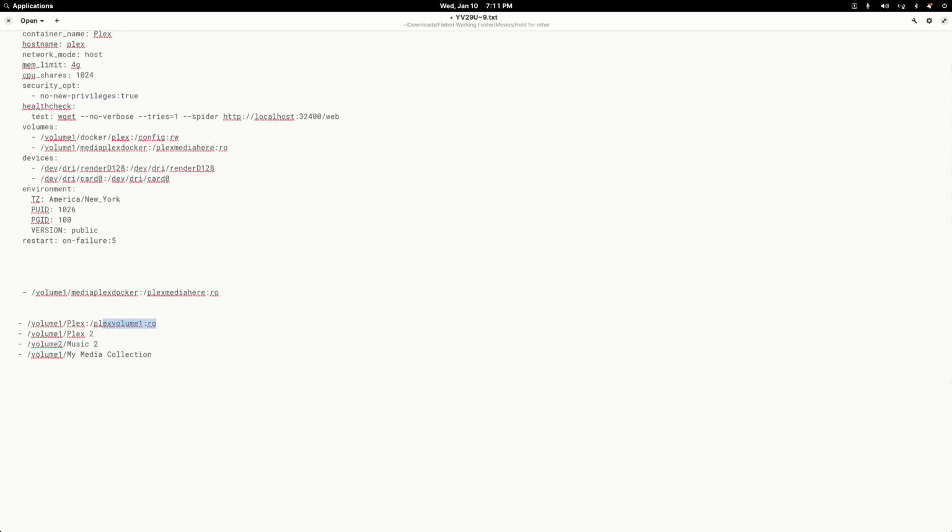So let me just grab that, and I'll move down, paste it in, and we'll call this Volume 2. So now I'll move down, paste it in, and I'll say Plex Volume, how about Plex Music